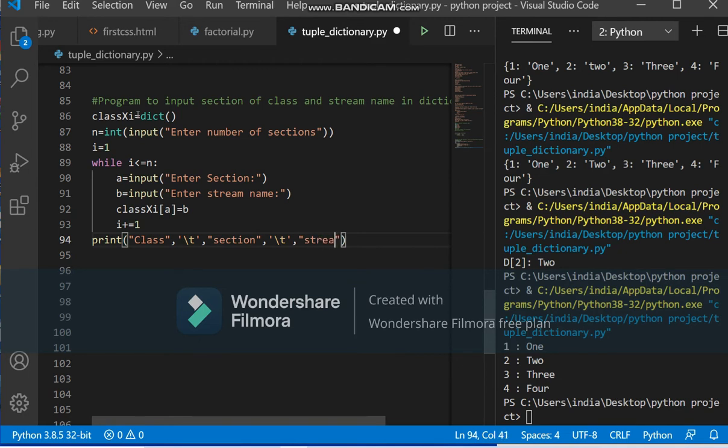That is the stream. So this is going to be the heading, and associated to that heading we will be displaying the records, or the dictionary key values.